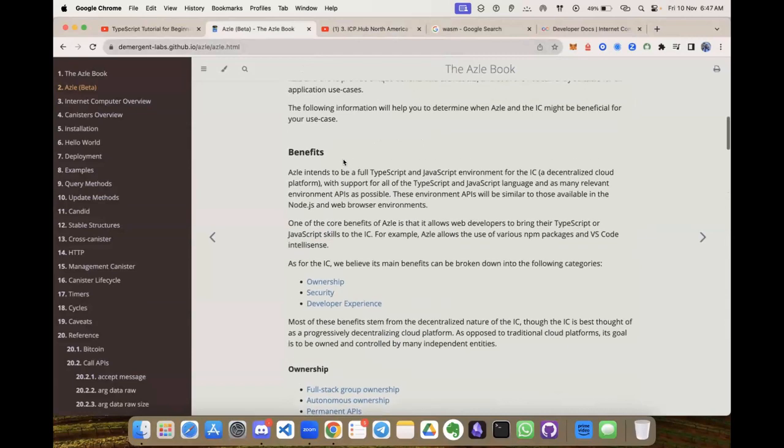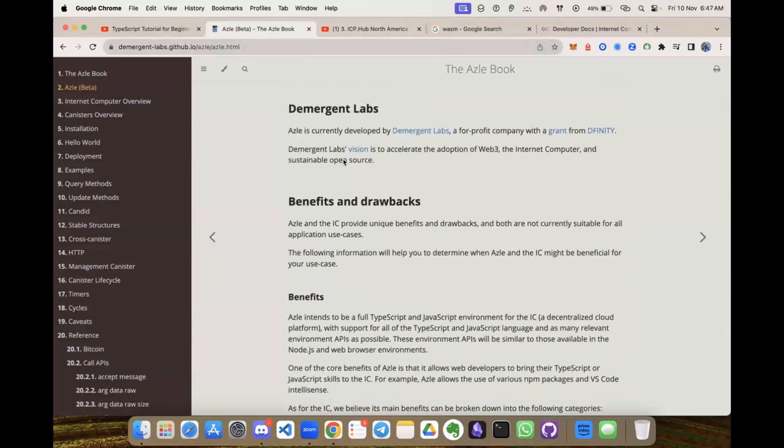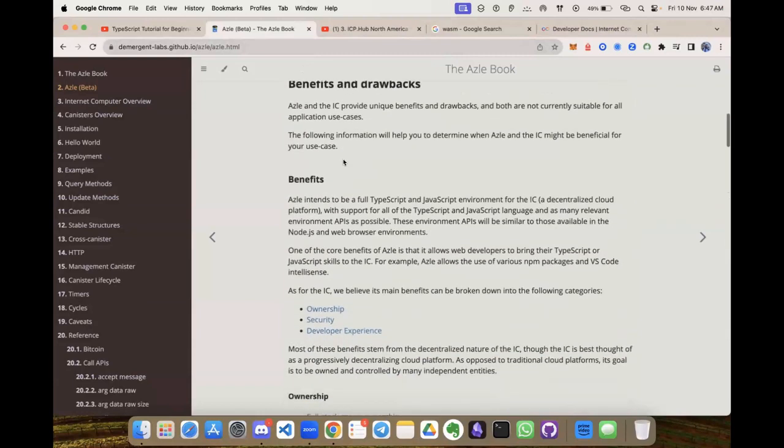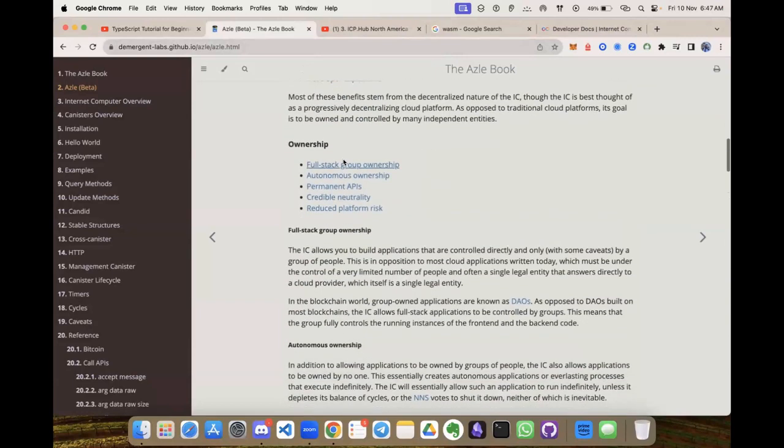It is still in the budding stage, but you can definitely build your smart contracts, and there are a lot of benefits coming right now. First of all, when we talk about blockchain, the ICP isn't a full stack. The first benefit is definitely that it